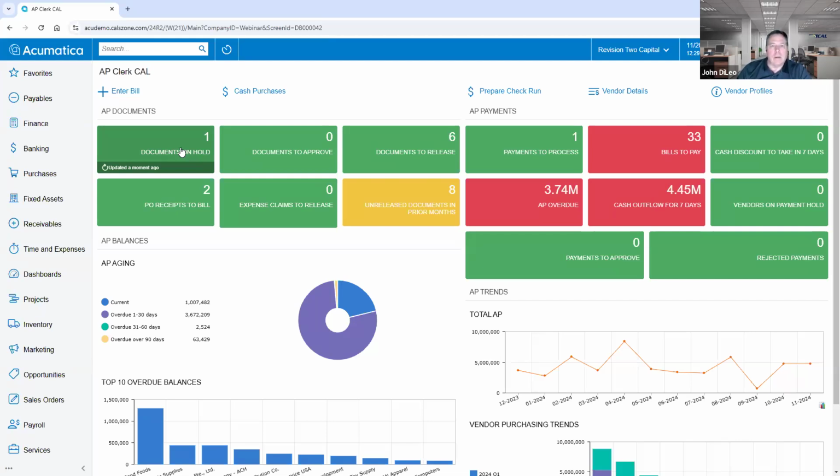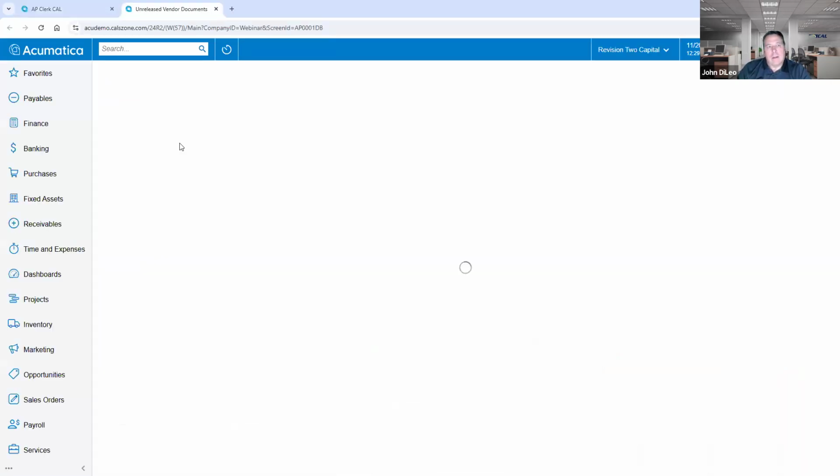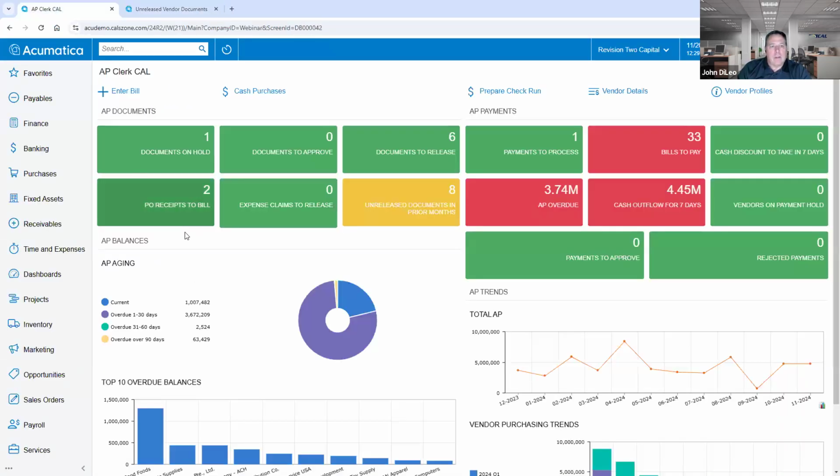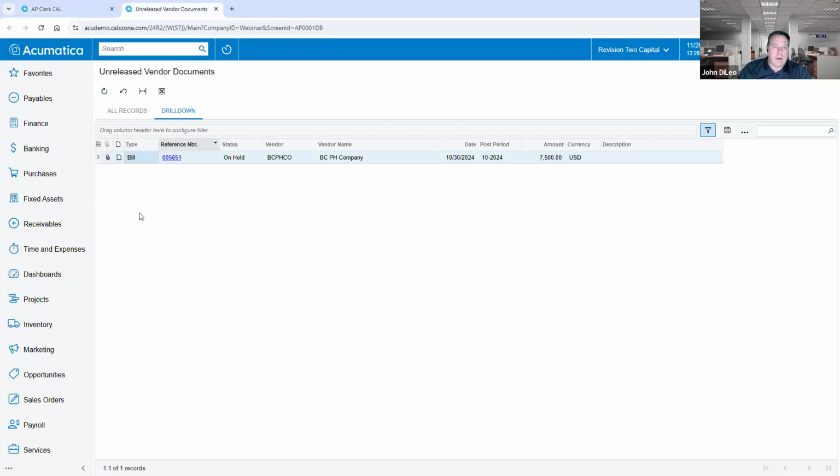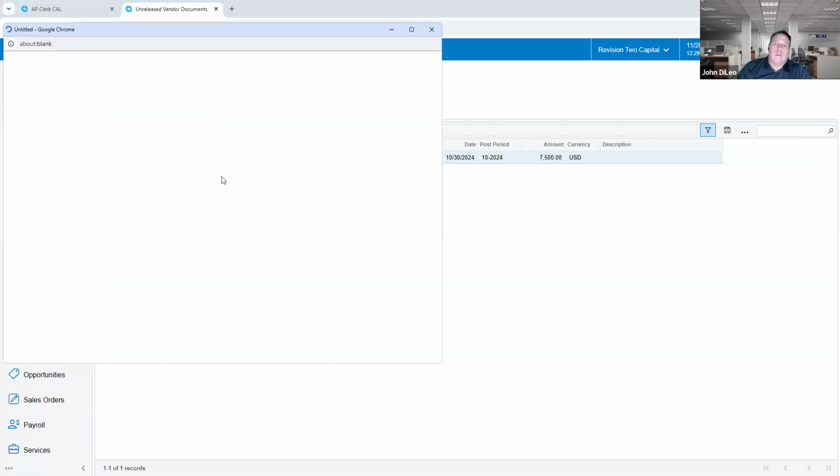So what do I need to know, right? I need to know that there's a document on hold. Okay, I need to go look at that. All of these are actionable tiles. Click on one and it's going to take you to that underlying information. So there's a bill on hold here, and that's the same as if it's saved in a batch in GP. And now I need to post that batch, right? So it's still on hold. I can just hyperlink to that, open it up,